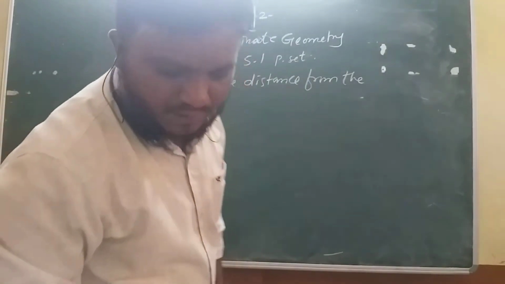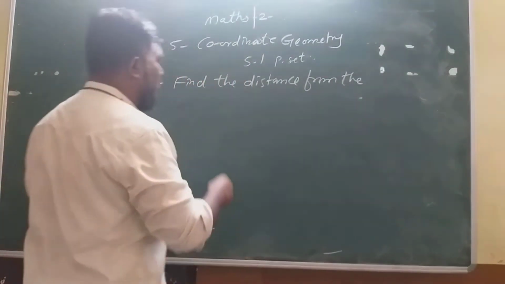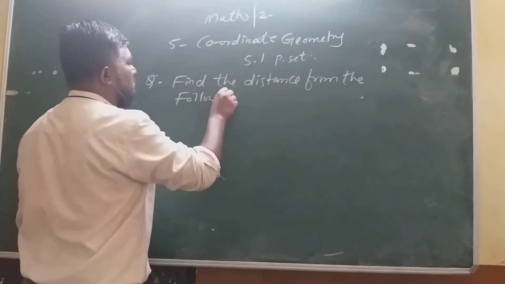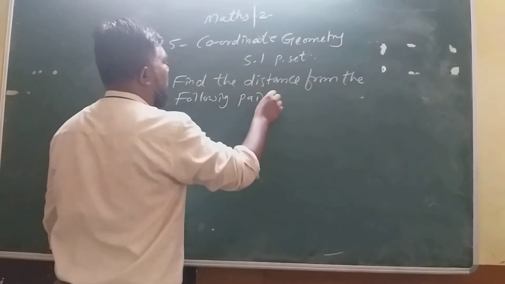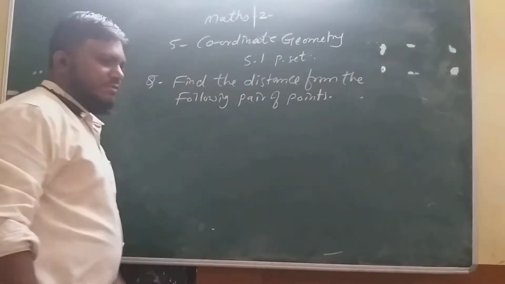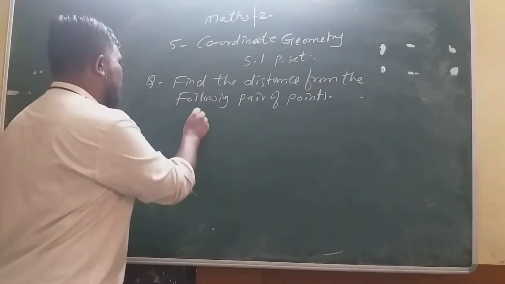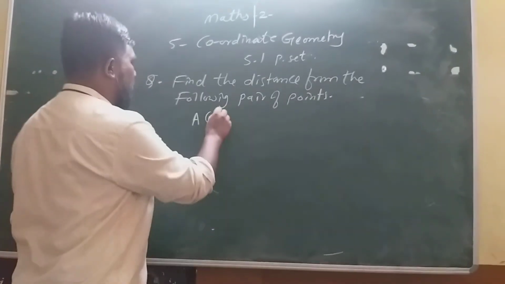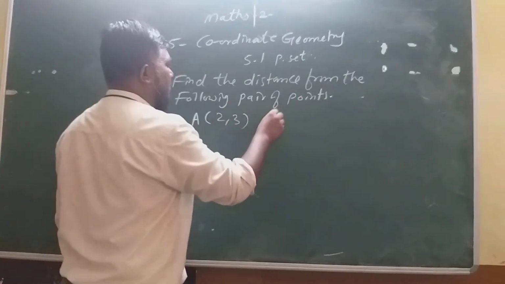Pair is given, that means 2 points are given, that is A (2, 3) and